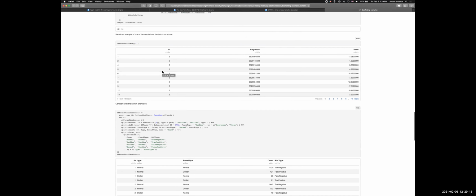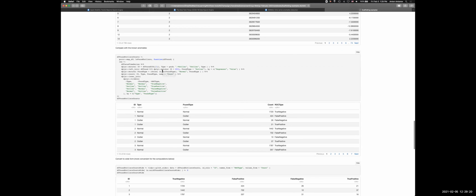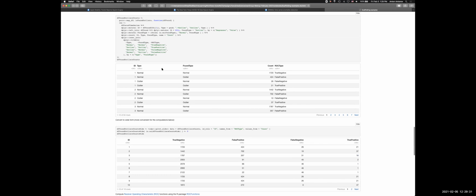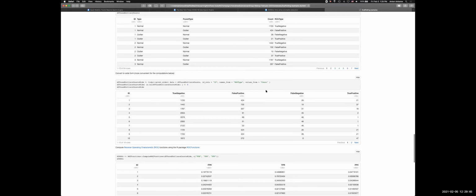And then I run the algorithm across this time series. I run it with all of these parameters. And then I'm going to be finding what is my success ratio? So how many times did my algorithm actually figure out which points, marked as outliers, are actually outliers. So you can see here I have true positives, false positives, and so on.